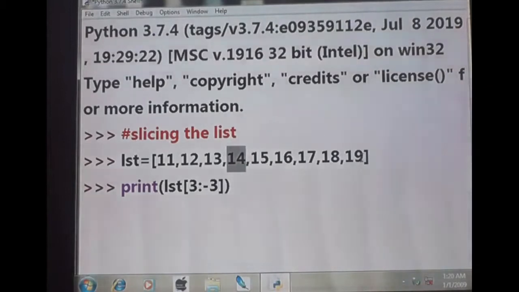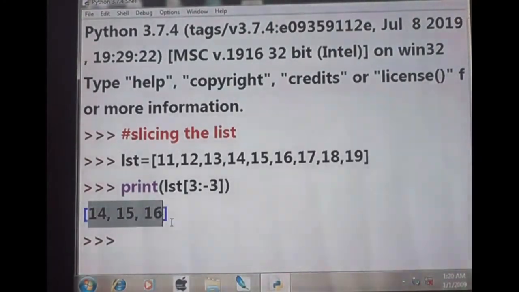This is minus 1, this is minus 2, and this is minus 3. So you get the answer 14, 15, 16. We started at 3 and must end before minus 3.